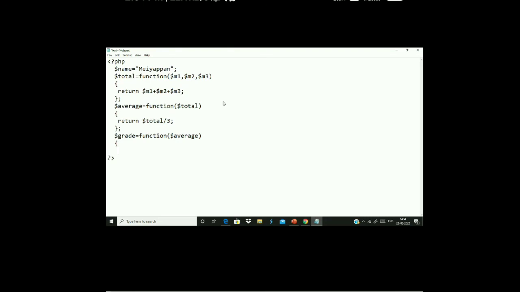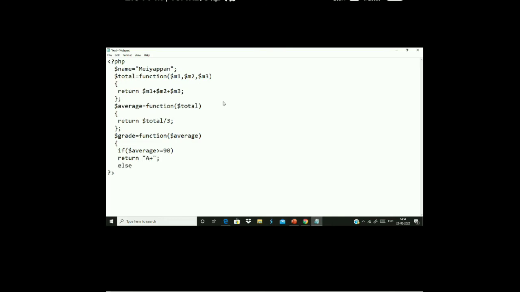Inside this, I will write one condition, and the remaining you can write on your own. Average is greater than or equal to 90. Then I should return A plus as grade here.